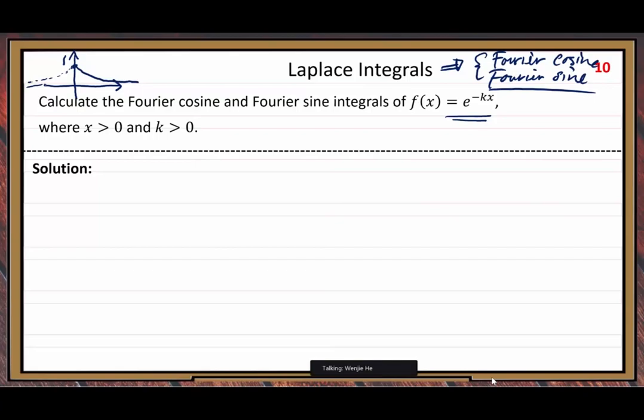That's the even extension of this function. Similarly, odd extension. So you can imagine odd extension, right? The shape,